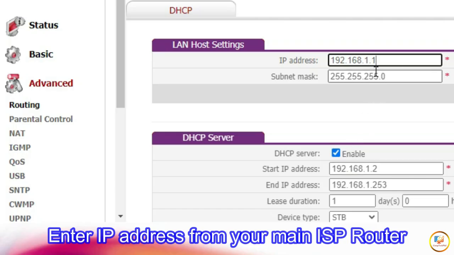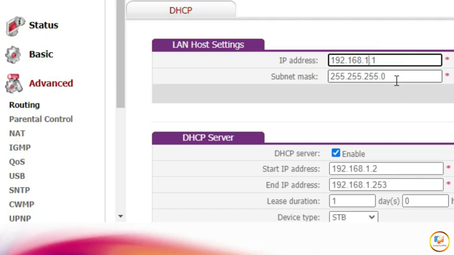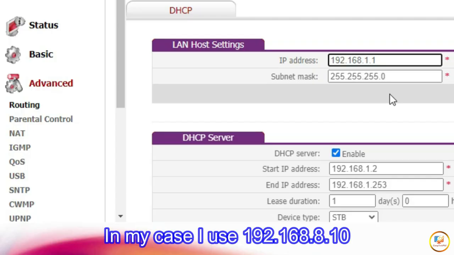So what we need to do is enter an IP address based on the main router, our internet service provider. Assuming we put 192.168.8.10, we take 10 because this router is 1.1 and the default gateway of the main router is 192.168.8.1. So we take the IP address 192.168.8.10 from this main router.